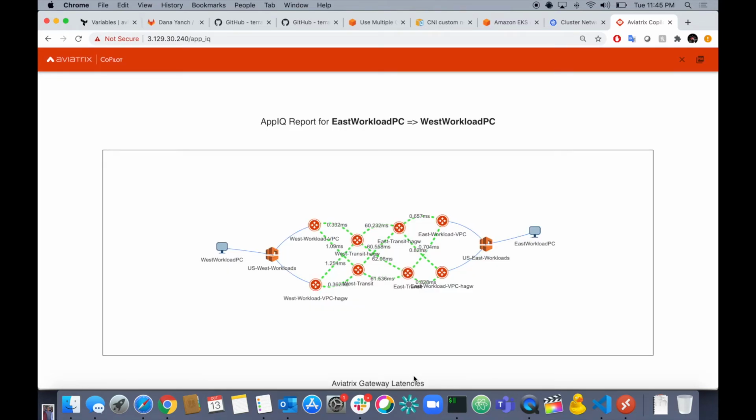The first thing you see is a map of how the West workload PC gets to the East workload PC across the Aviatrix multi-cloud overlay. You can see here that the West workload PC is connected to the West workload VPC, and within that VPC there are 2 spoke gateways, which then connect to the Aviatrix transit backbone, which then connects to the other region and then goes into the spoke VPC where the east workload